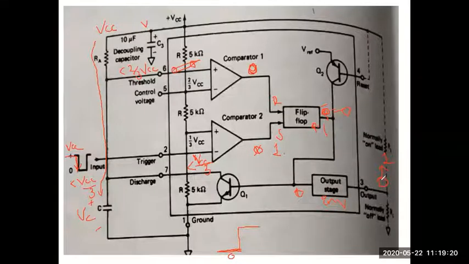So when will the output change from 0 to 1? The output can change from 0 to 1 only when the input trigger pulse, which we give at pin 2, goes below VCC by 3. Only when this input trigger pulse goes below VCC by 3, then output changes